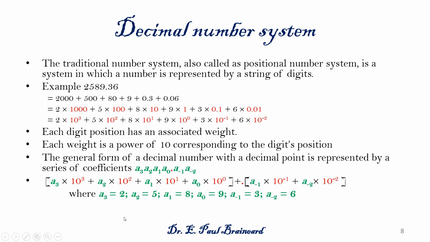Now let's look at the representation of decimal number system. The traditional number system, also called a positional number system, is a system in which a number is represented by a string of digits. For example,